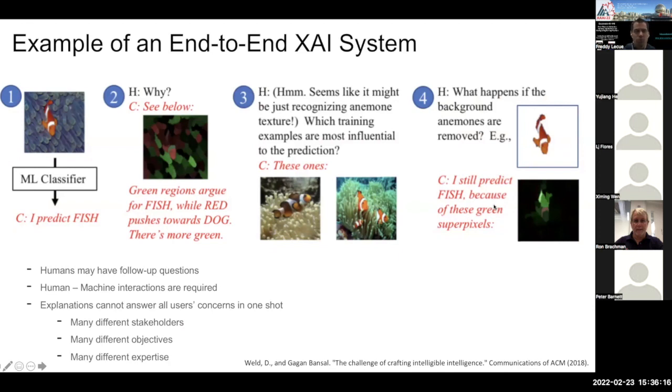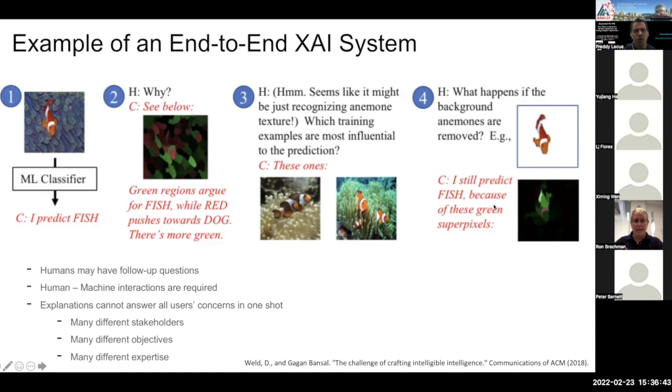Sometimes you just do recommendation. Explanation is maybe not of use, even though you can use it for improving and debugging. Sometimes you don't need it, but when you need it, it's better if it's not a one shot. So it's better if you can do interactions. And here, it's a very good example of an interactive explainable AI system, where you detect a particular